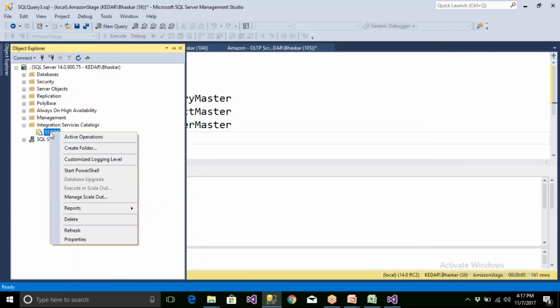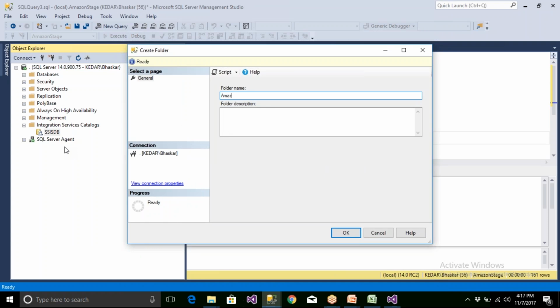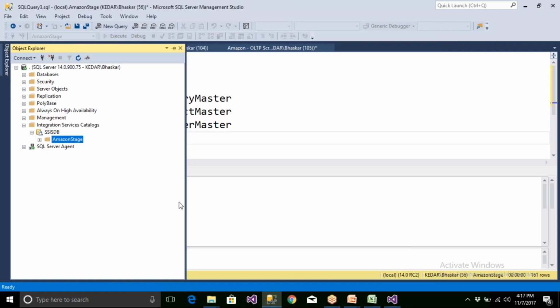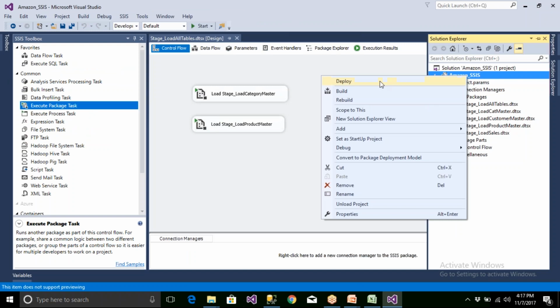Now I go and create a folder called Amazon stage packages. Now let me go here, so I should be able to dump. You go here, right click, and you can directly deploy.